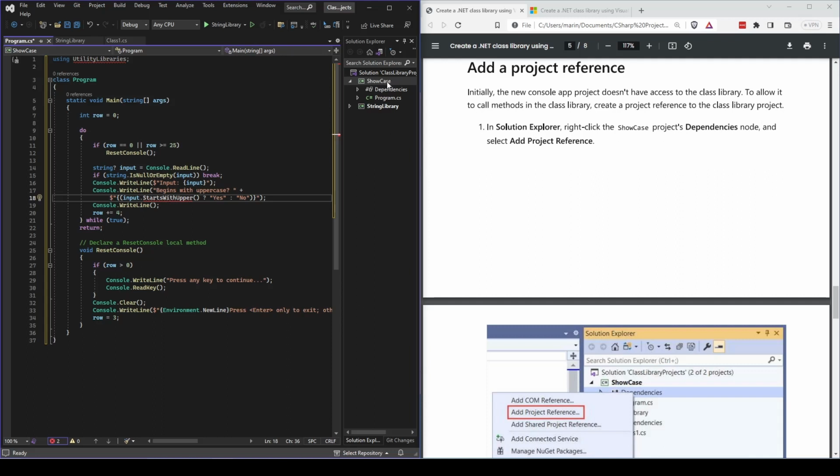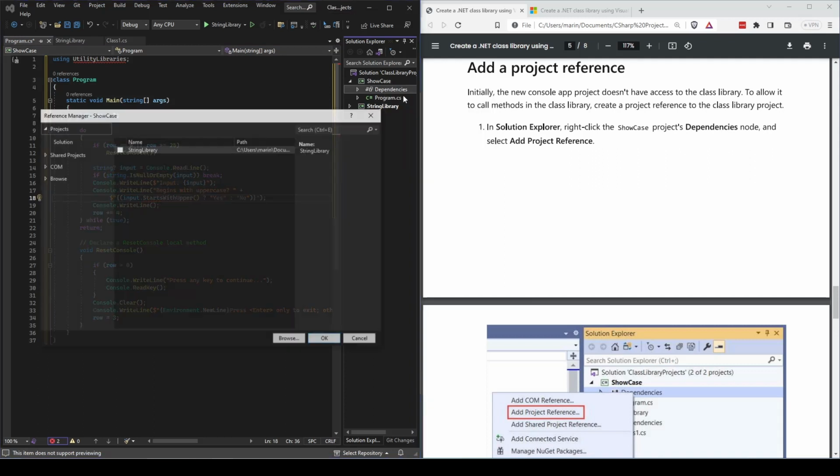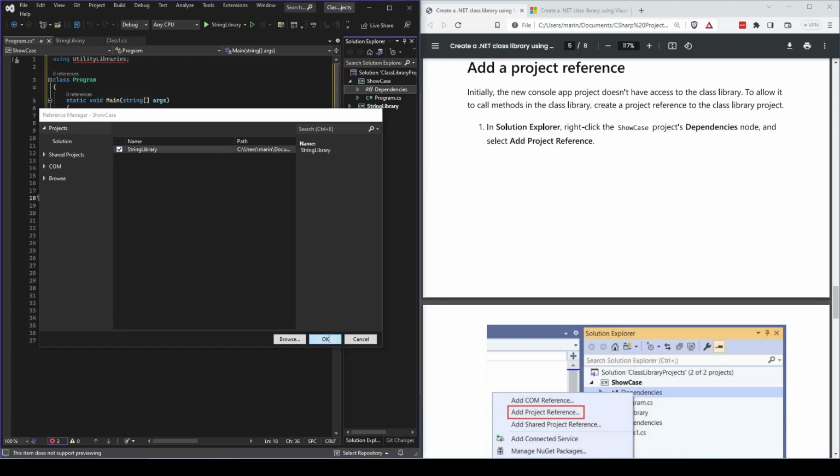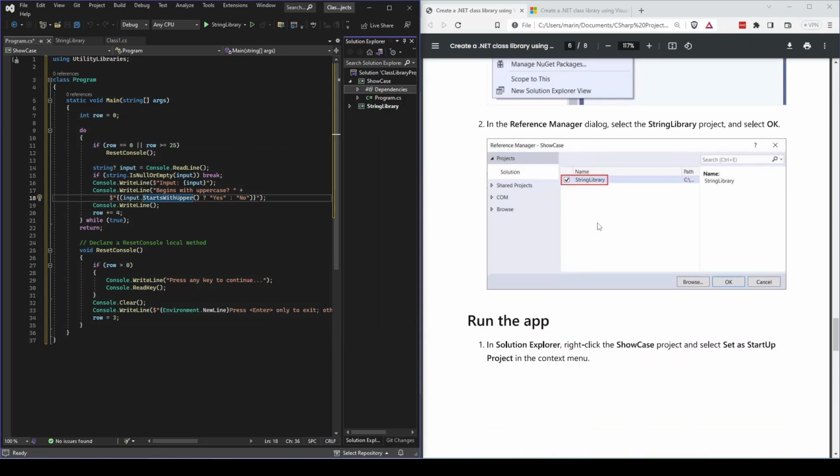So in this Solution Explorer, right click the showcase project's dependencies node, so that's this one, and then we can select add project reference. This should come up, something similar to this dialog box, and we just click the checkbox for string library. Click OK,